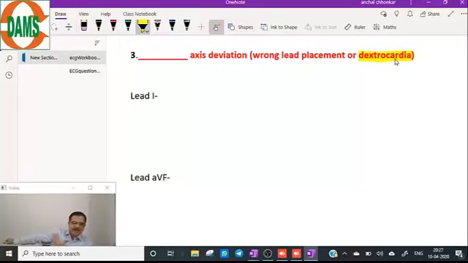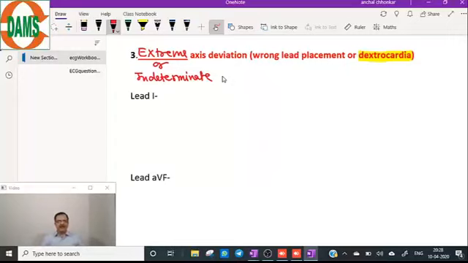So it will take the voltage towards the right shoulder side. Again, repeating, left ventricle on the right side and posteriorly placed, so it will take the voltage towards the right shoulder. This is known as the extreme axis or indeterminate axis. Indeterminate axis, dextrocardia, towards the right shoulder. So the result will be this result.